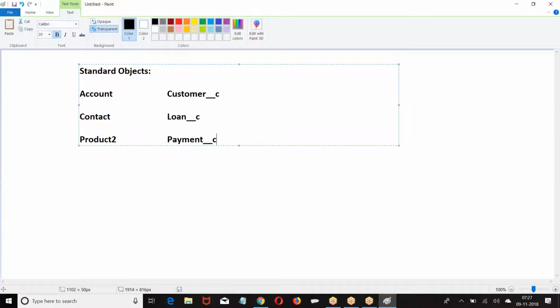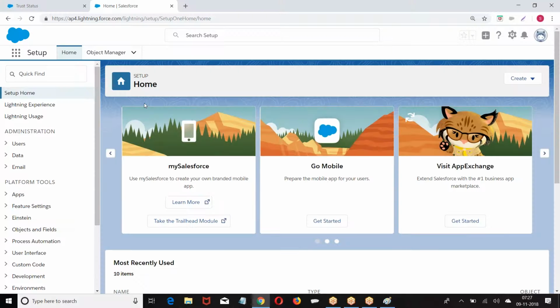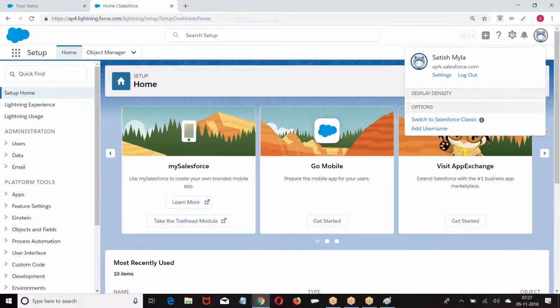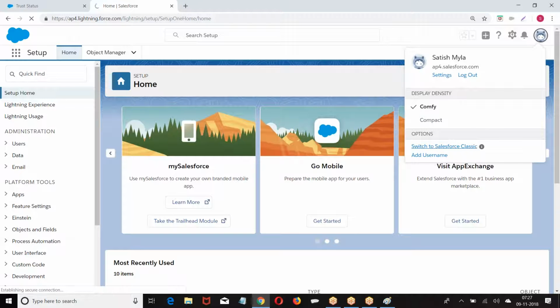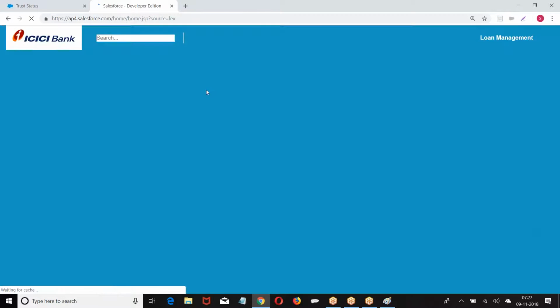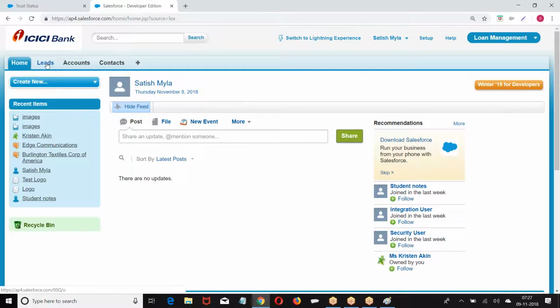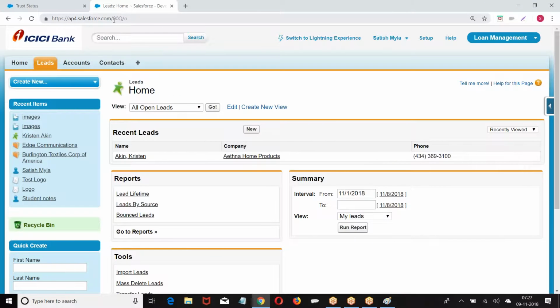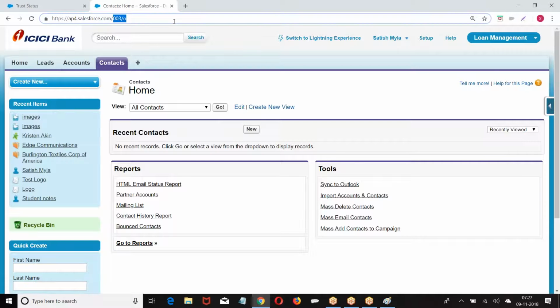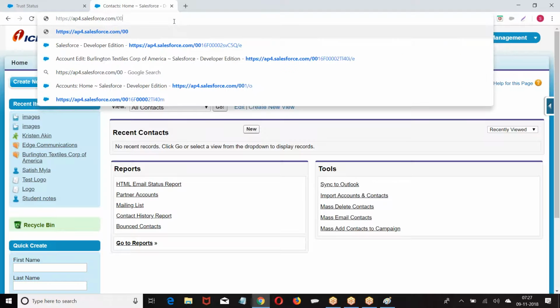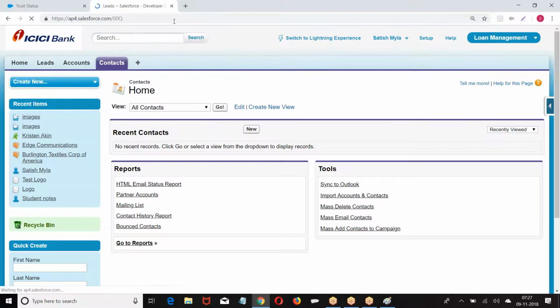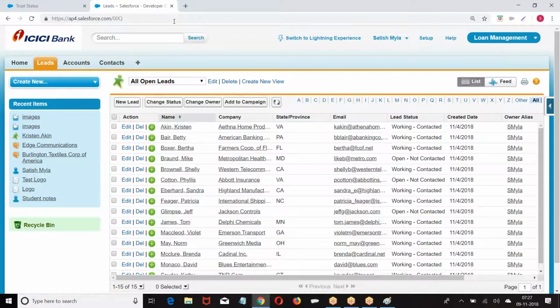Now, if you look at this, lead. So, what are you getting here? 00. Now, let me go to any object. If I give 00Q, it is taking it to lead.